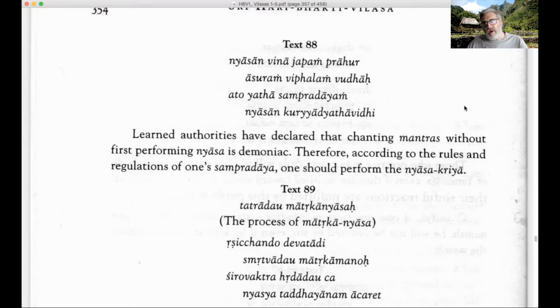Now, just before we get into doing the nyasas, we have to say that in the Gaudiya Math, Bhakti Pragan Keshava Maharaja, who was the sannyas guru of Srila Prabhupada, A.C. Bhaktivedanta Swami, Srila Prabhupada of ISKCON, has mentioned in his introduction to the Archana Paddhati.